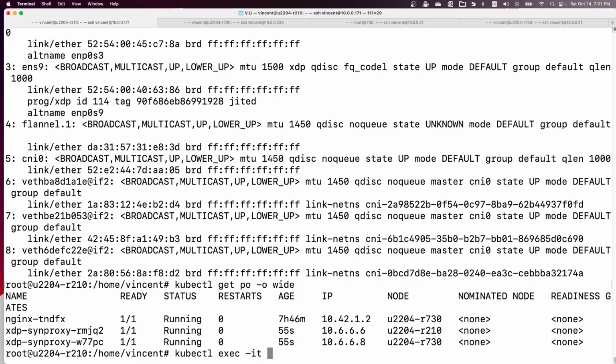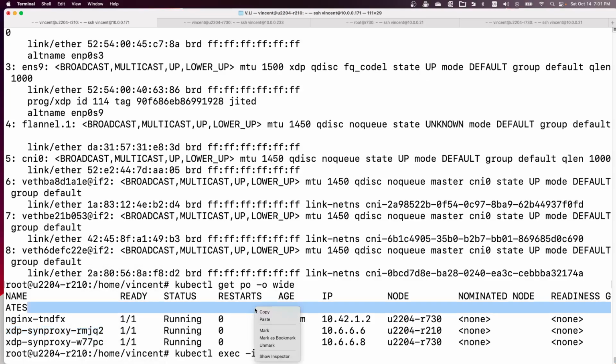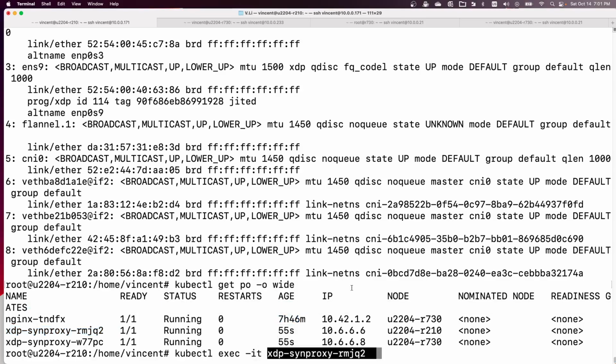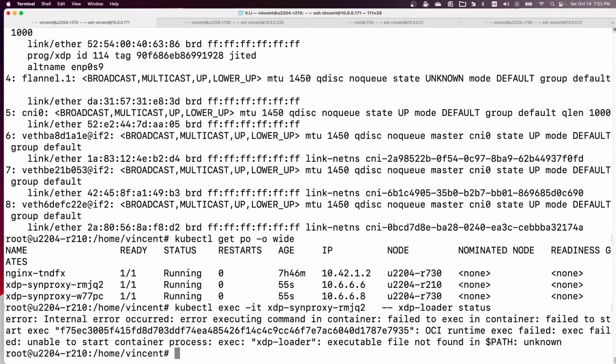We can also exec into this SYNPROXY daemon pod, because I also packaged the XDP loader in this container, so we can check the